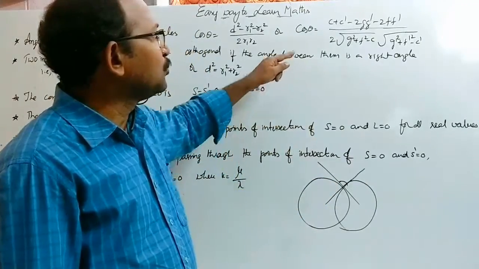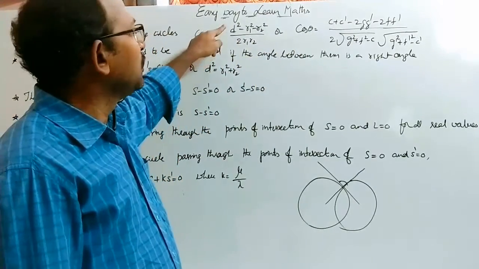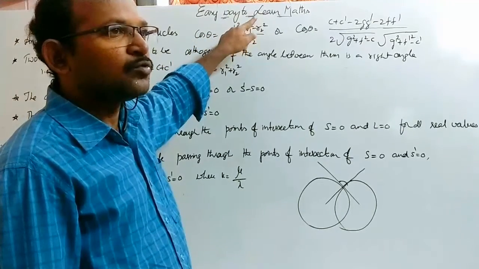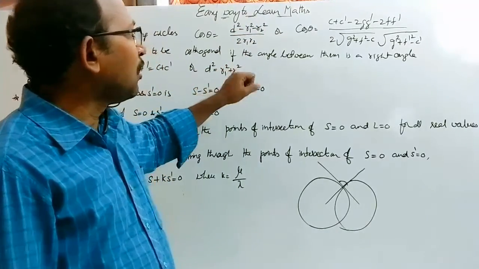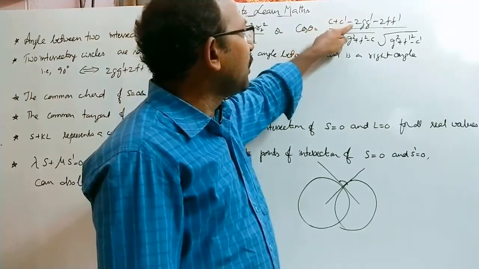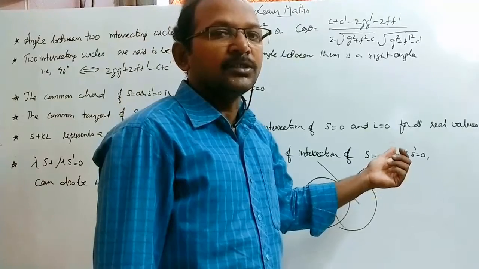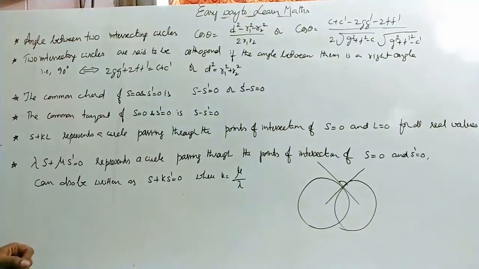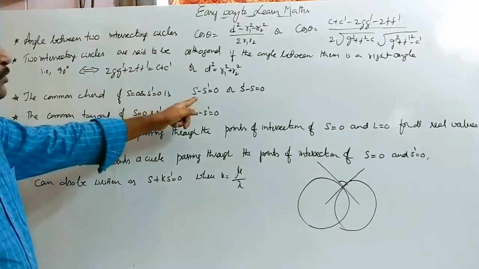That is, if you substitute 90 in place of theta, then cos 90 is 0. Therefore this numerator part becomes 0. Therefore d square minus r1 square minus r2 square equal to 0. Then from this we derive d square is equal to r1 square plus r2 square. Or if we take this formula, then the numerator is c plus c dash minus 2g g dash minus 2f f dash equal to 0. Then in this case c plus c dash is equal to 2g g dash plus 2f f dash, which is an important condition. Then the common chord of s and s dash is s minus s dash equal to 0